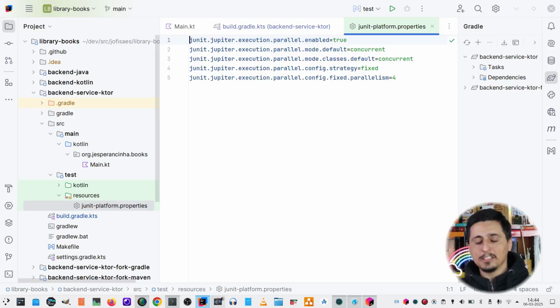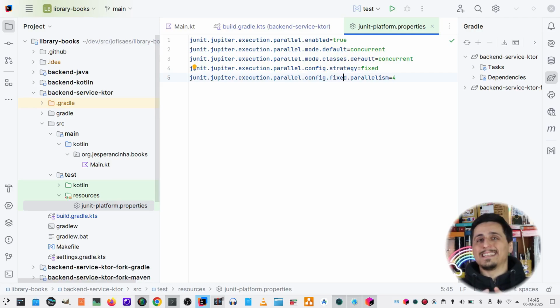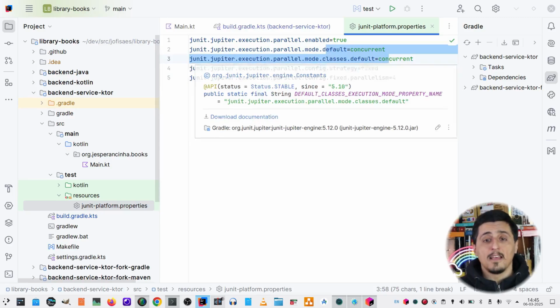I will explain that later, but what we've got over here is we first activate the parallelization of junit-jupiter tests. This then allows us to specify which mode we want for the individual tests, if we want the test to run concurrently or if we want them to run on the same thread. And here we specify that by default, if we don't use anything else in our tests, those tests will